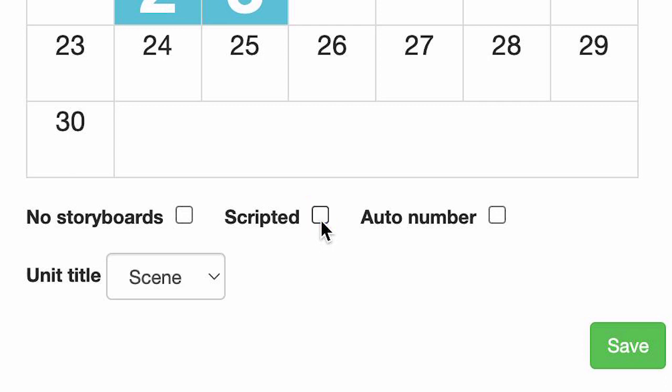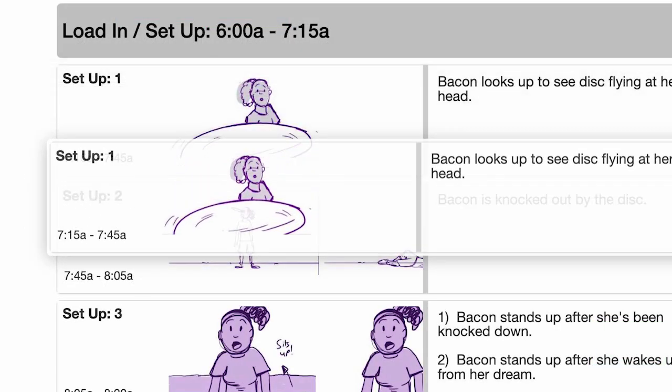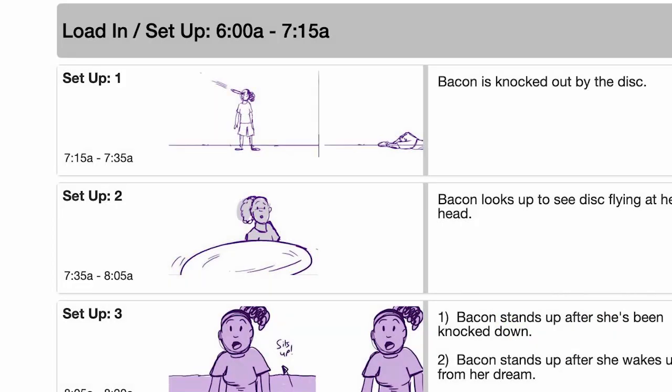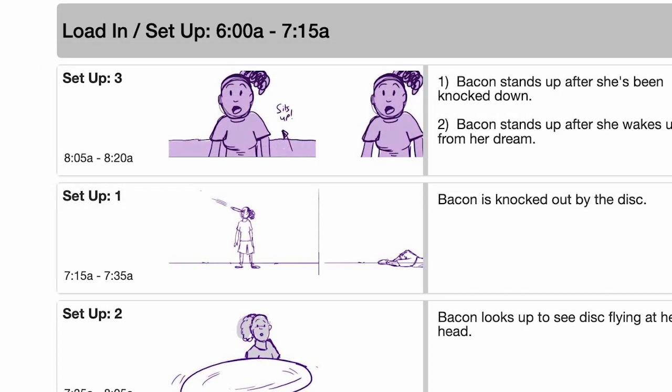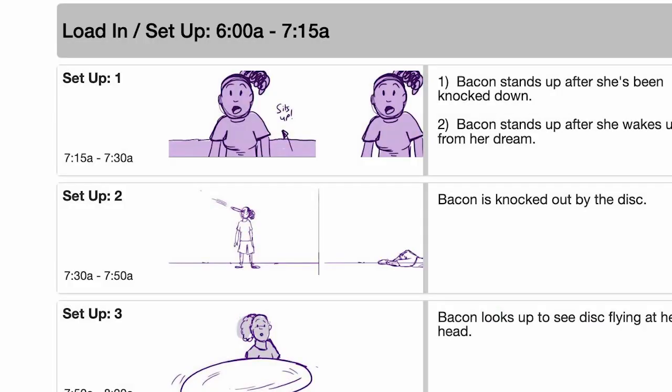The auto number box creates a schedule where each setup is consecutively numbered, even if the setups are rearranged. This is useful when you are not using numbered storyboards or shooting a project without established scene numbers. The first setup will always be number 1, the second setup number 2, and so on. This feature is specific to certain types of projects and should not be used if you already have numbered storyboards